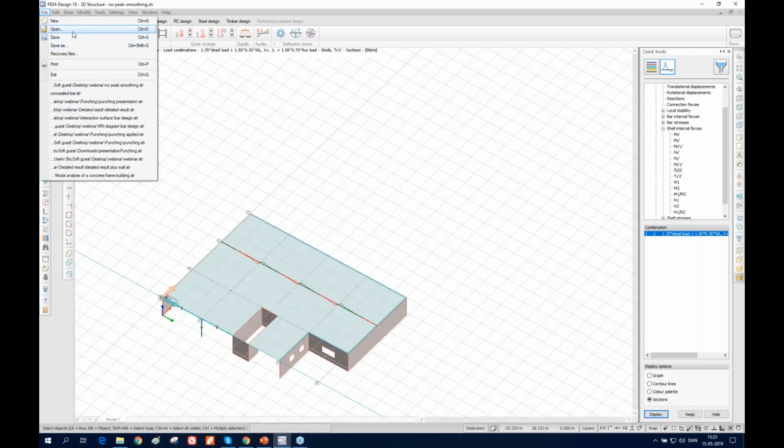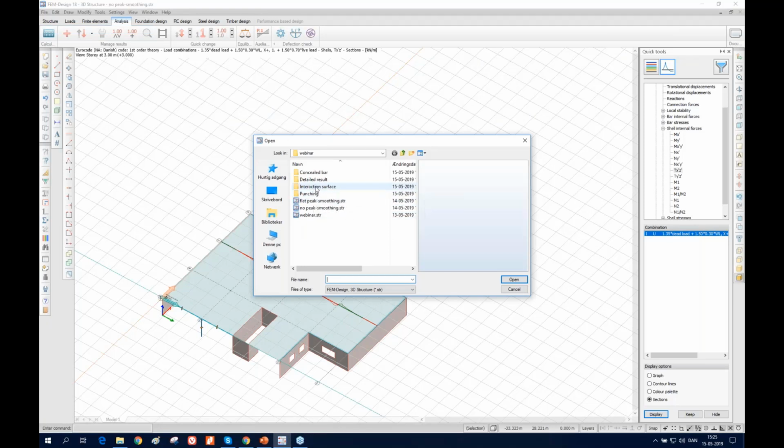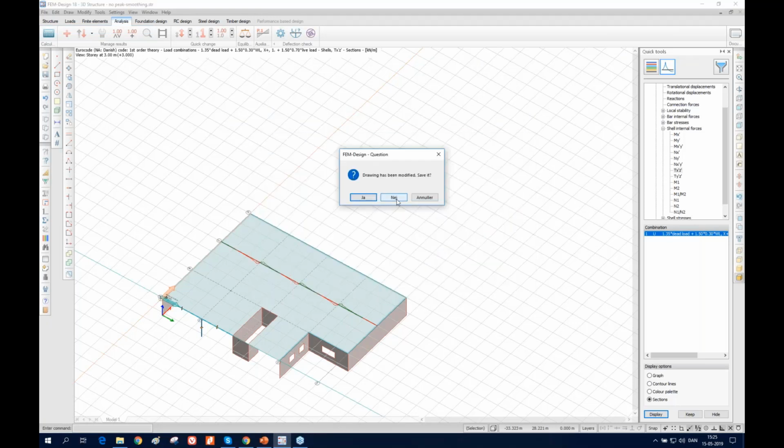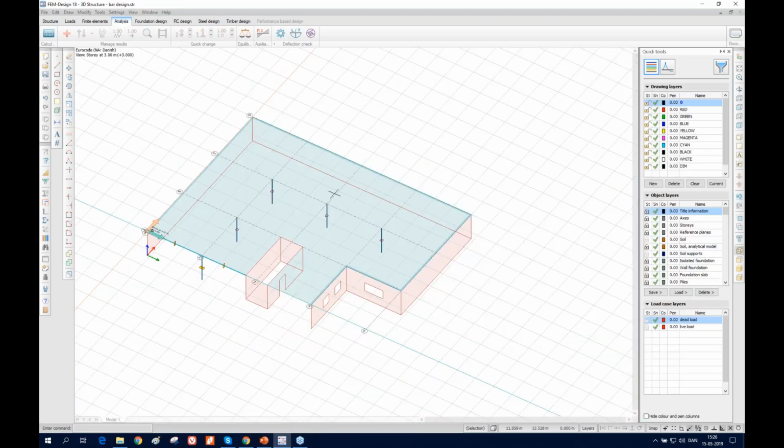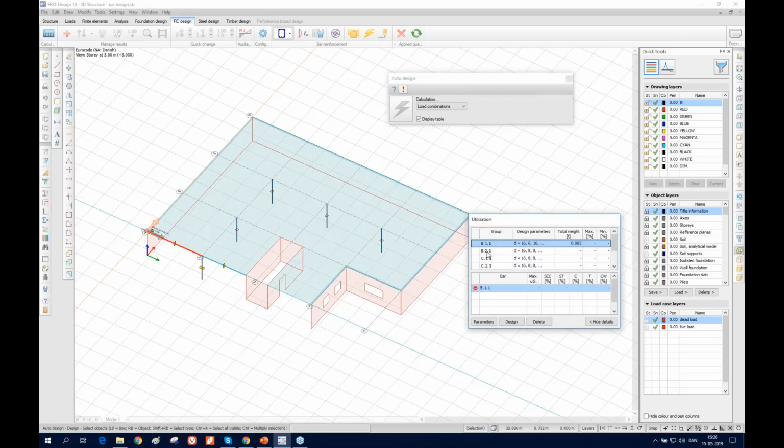So if we pin here a model, and again we have the same model, so we are going to look at the reinforcement rebar design. So we go to RC design, and here this one is the first one, so bar design, and maybe it's good to do an auto design first. So let's do an auto design for